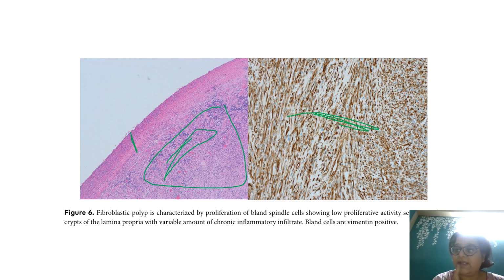It can be a mesenchymal benign lesion in the colon itself, or it can be an improper biopsy from not the exact colonic location also. So in such cases, go back to the endoscopic findings, and maybe ask for a repeat biopsy if nothing is matching. If there's no mass, if there's nothing, then it cannot be an IMT. It cannot be a fibroid polyp. Then the site of biopsy was not correct. Sometimes you'll just get a serosa with fat and they'll think it is the colon, although the biopsy is colonoscopic. Fine. That means either the tissue was divided into two, sent somewhere else, and you got the remnant, or the biopsy was not taken properly.